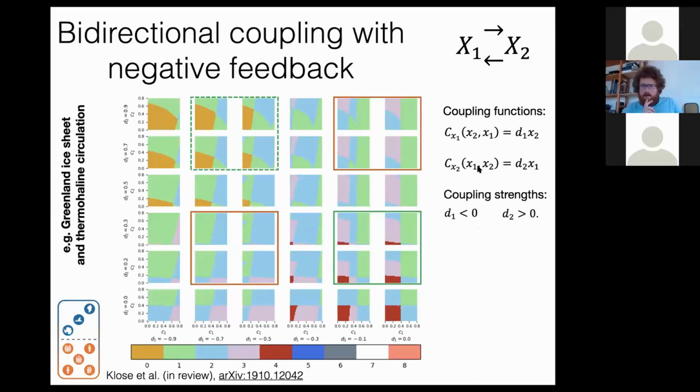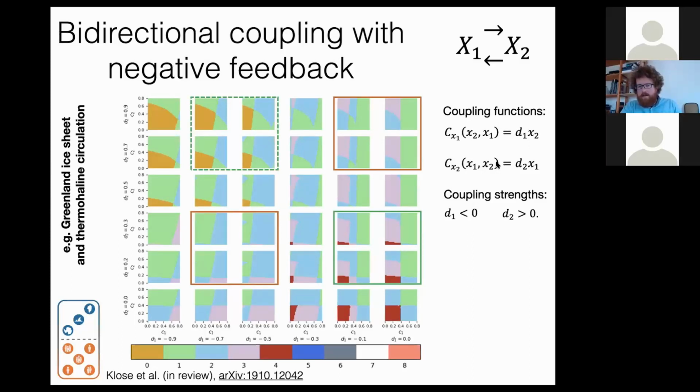Now we can also look at more settings of interest in the climate setting, for example. So this is now a bidirectional coupling with a negative feedback, where one of the coupling strengths is positive and one is negative. An example where this seems to be the case in the climate system is the interaction between the Greenland ice sheet and the Atlantic overturning circulation, because the tipping of the Greenland ice sheet leads, at least for some time, to a large freshwater flux into the Atlantic, which should be a positive interaction in this sense,